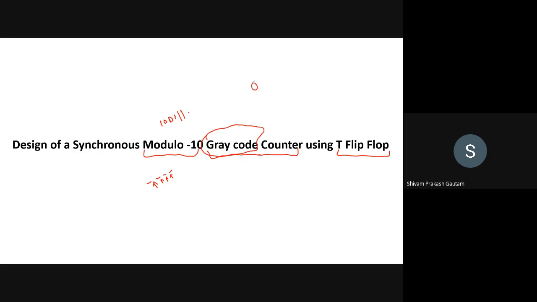What is gray code? If the first state is 0, 0, for 2-bit I am representing, the second state will be 0, 1, the third state will be 1, 1, the fourth state will be 1, 0. And then the next state will be again 0, 0. This is for 2-bit. Now there will be a 3rd bit and a 4th bit. So here we have to make a 4-bit gray code.